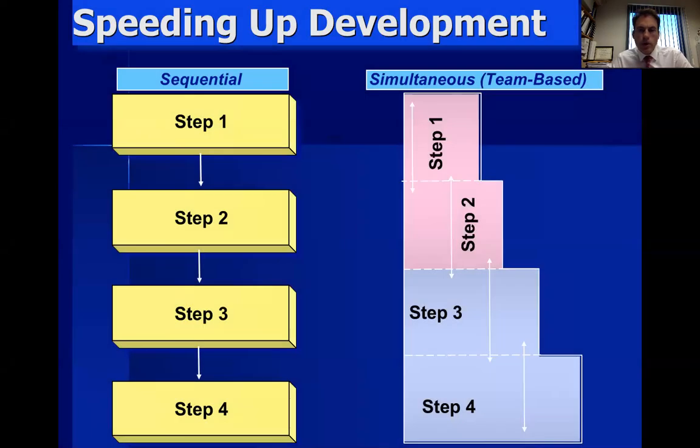When you develop a new product, you develop it using two methods. The most basic method is you have several steps in developing this product, and you have several teams, one team for each one of the steps. This is called sequential. Or you can use the simultaneous method, also called team-based, where you will have a team of representatives of all the different functions in the company in each one of the steps.